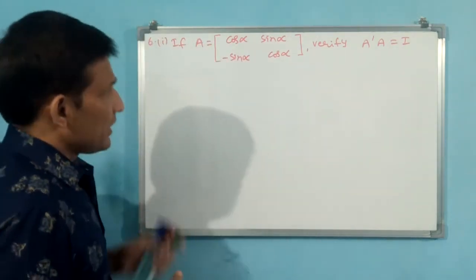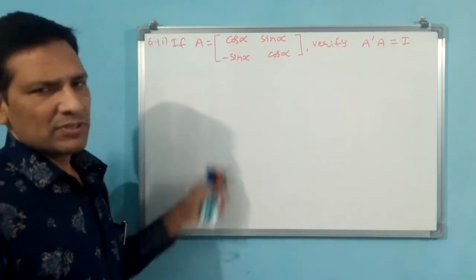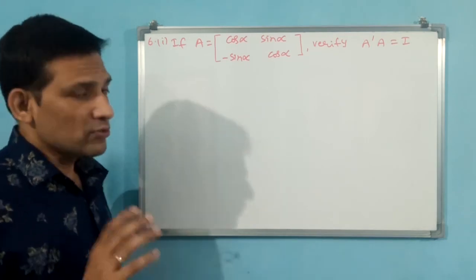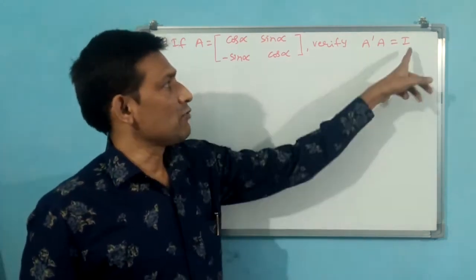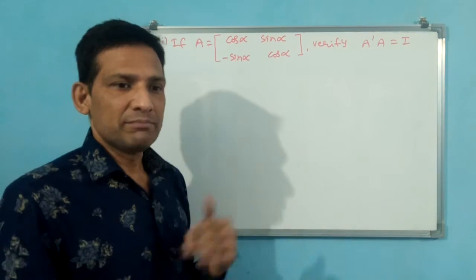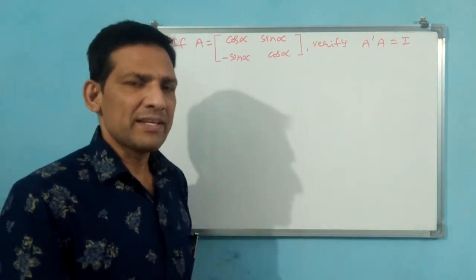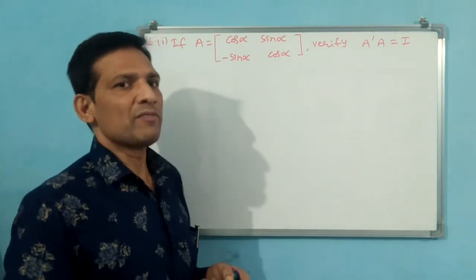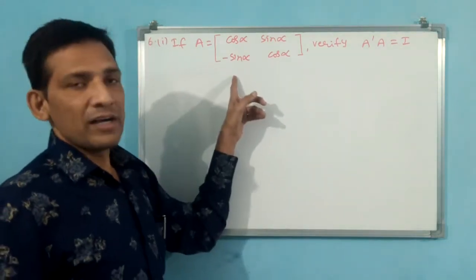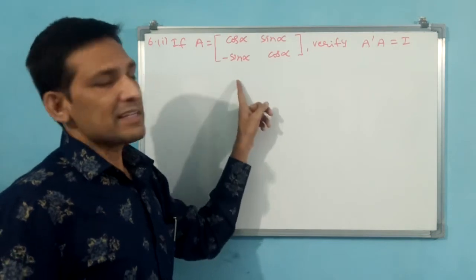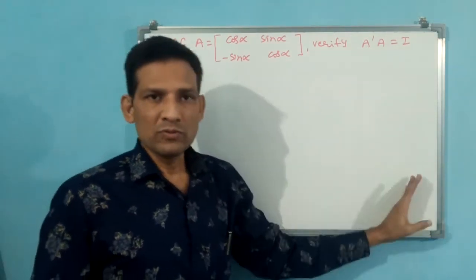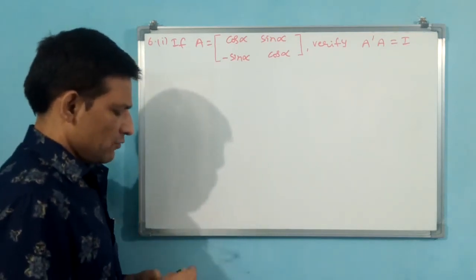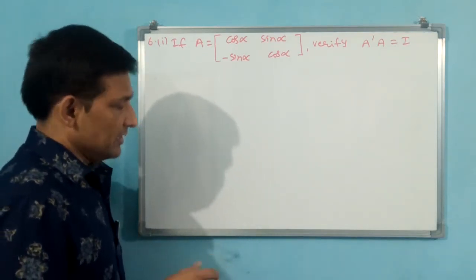First, what do you have to do? On the LHS side, A transpose. On the RHS it has to come 1001, I. Why 1001? You must have observed here also, they have simply written I. They have not written 2 by 2 I or 3 by 3 I, second order, third order, fourth order like that. That means you have to take it according to the situation. The situation requires 2 by 2 here, that is why 2 by 2 is going to come. Let us do it, so we understand the concept easily.